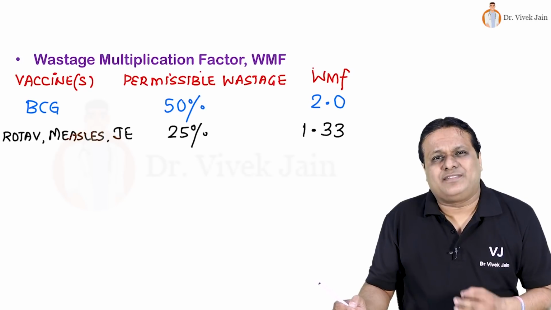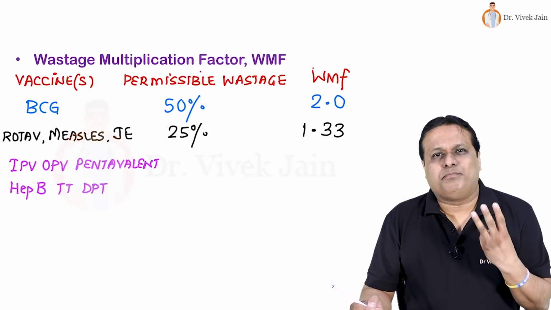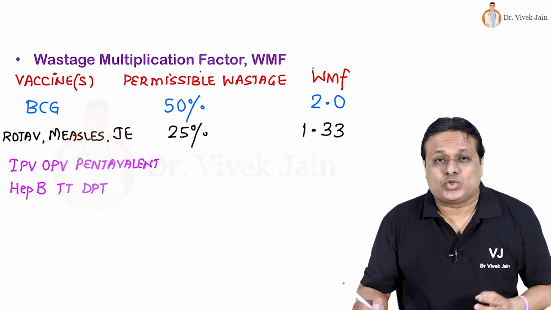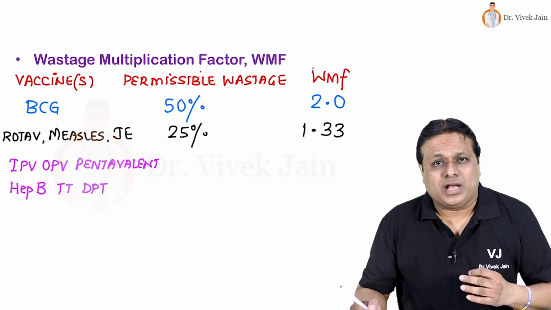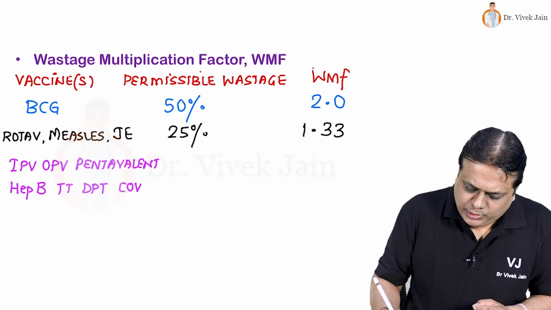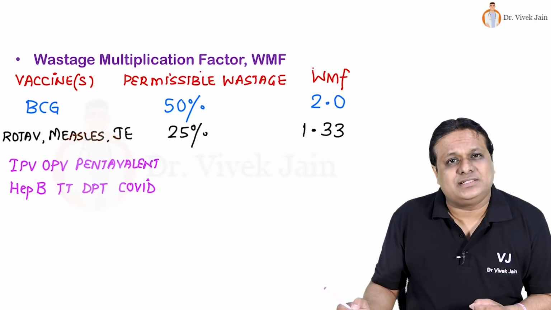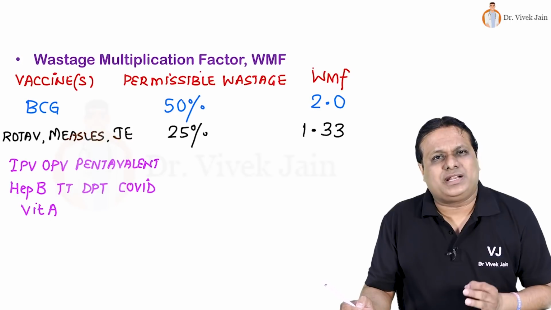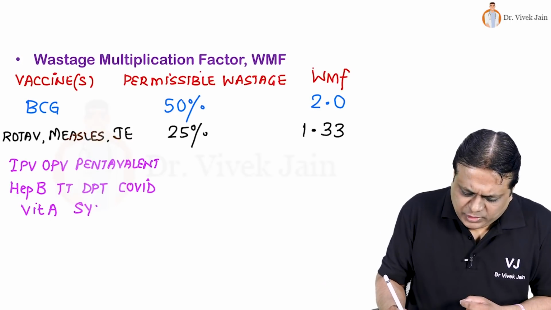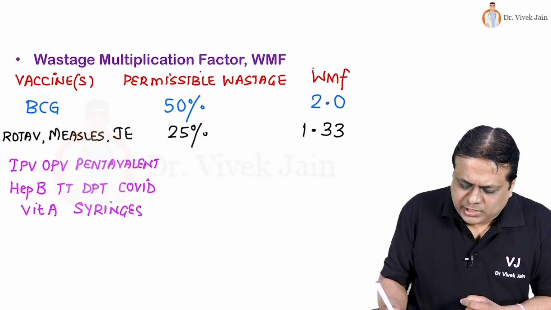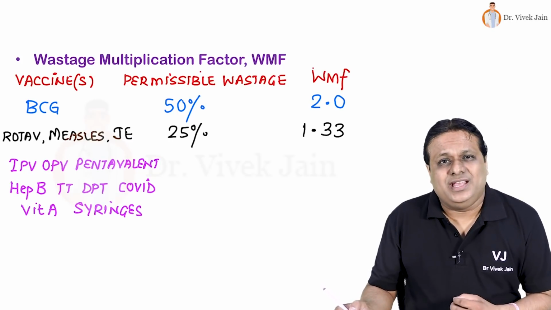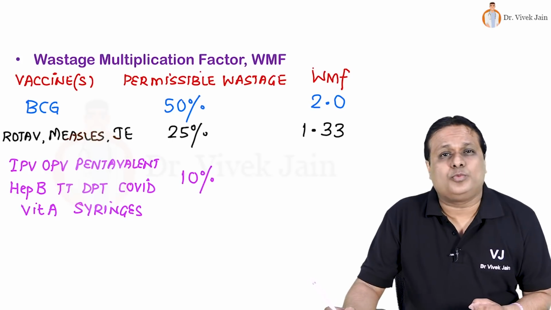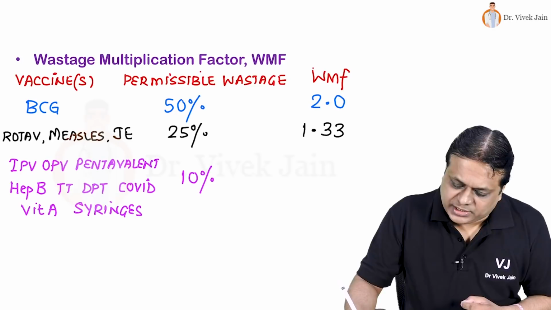And when we look at other vaccines like IPV, OPV, pentavalent, hepatitis B, TT, TPT, these 6 vaccines on which open vial policy is applicable, along with the newly launched COVID-19 vaccines, along with vitamin A, which is not a vaccine but given in the immunization schedule. And when we look at syringes, including auto disable syringes, then the permissible wastage is only 10% for this group. So the wastage multiplication factor is